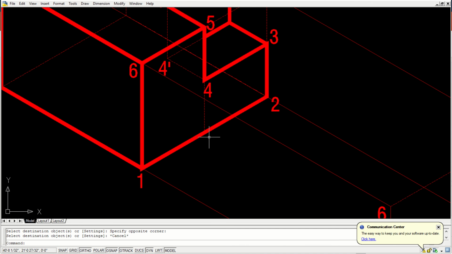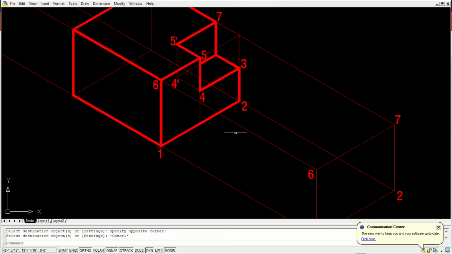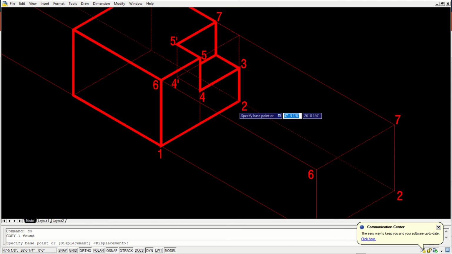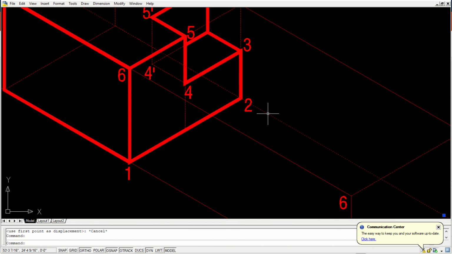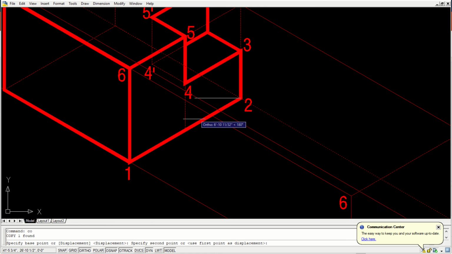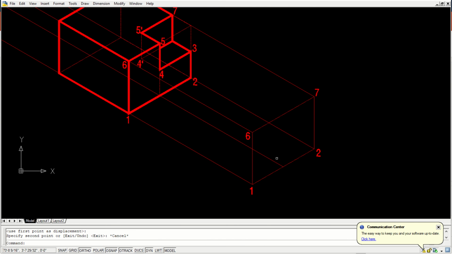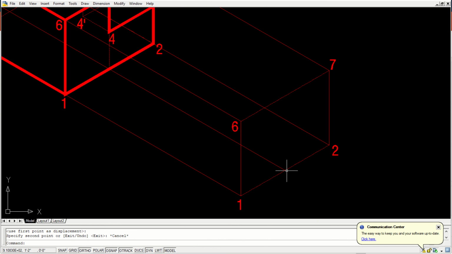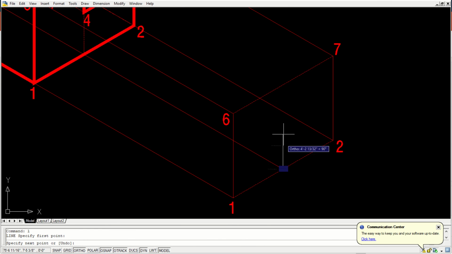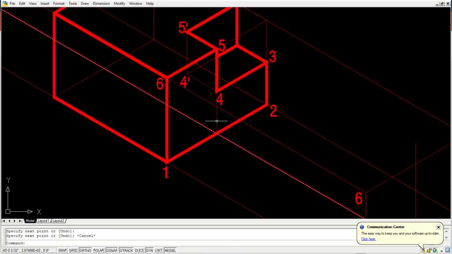You bring it down, and now we need to draw a parallel line here. Just draw a parallel line from this particular point. Now we have this reference. This is going to be a vertical line.